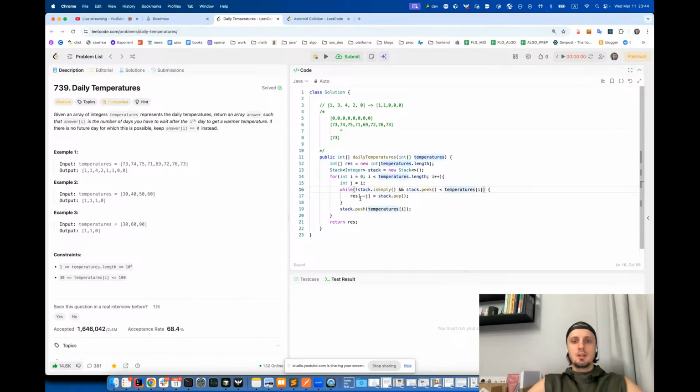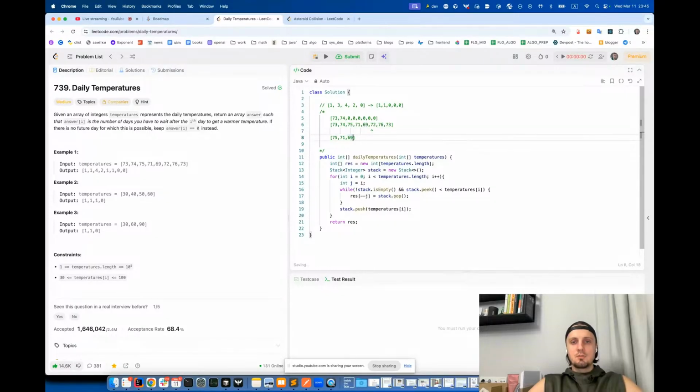So we can put into 0 position 73. So we pop from our stack, and stack becomes empty, and we pop 74. Then we go here, we pop 74, we put here, we put 75, then we have 71. So stack in this case is not empty, but 71 is not greater than peak, right? So we just push 71 here, and then we go 61, it's again less, and then we have